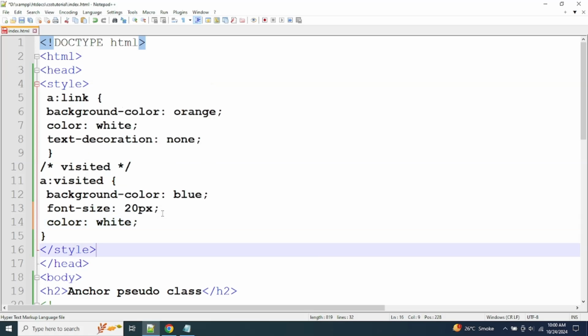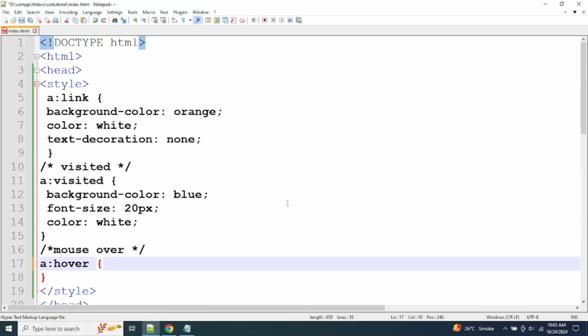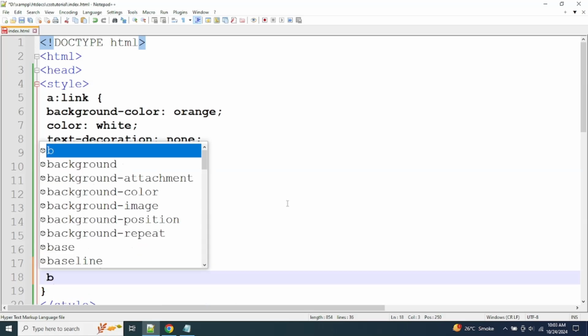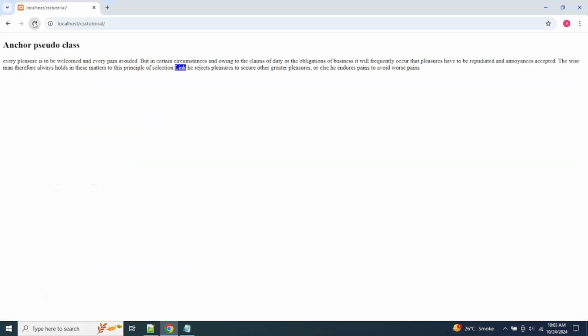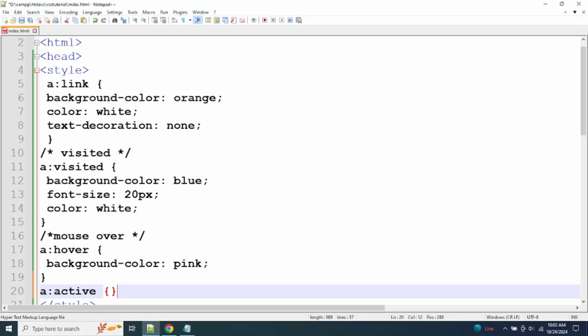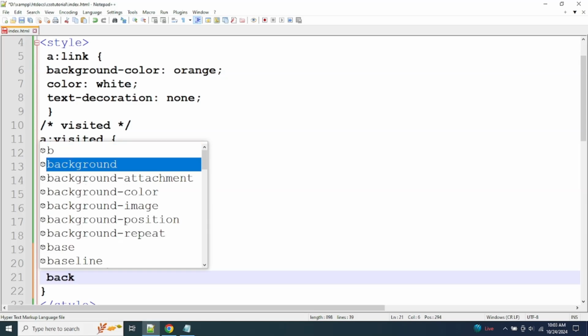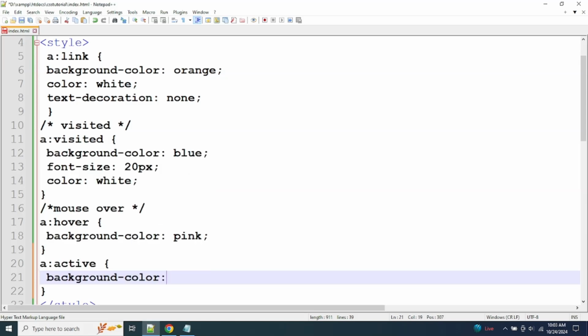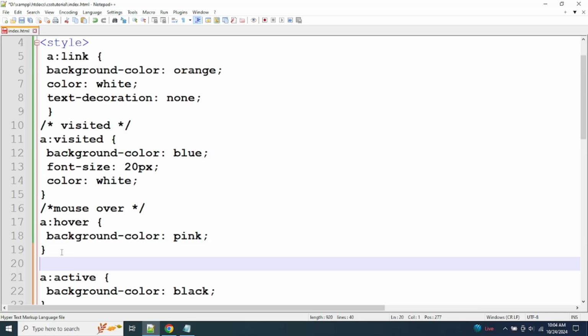semicolon. Underneath visited, we will use slash asterisk and we will use hover. In between curly braces, we will use CSS property and value. Background color colon pink, semicolon. Press the build button to save the file, go back to the browser, reload the page and mouse over. Open curly braces and close curly braces and background color use colon black, semicolon, and use comment